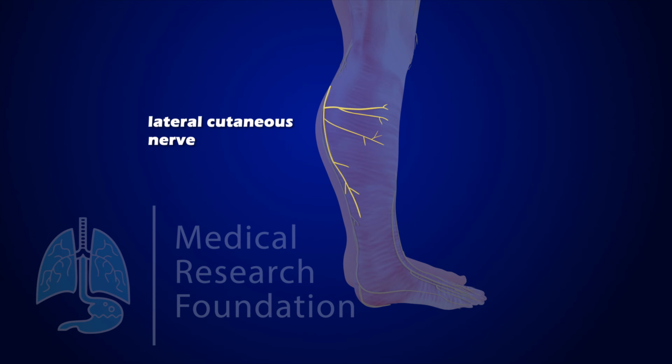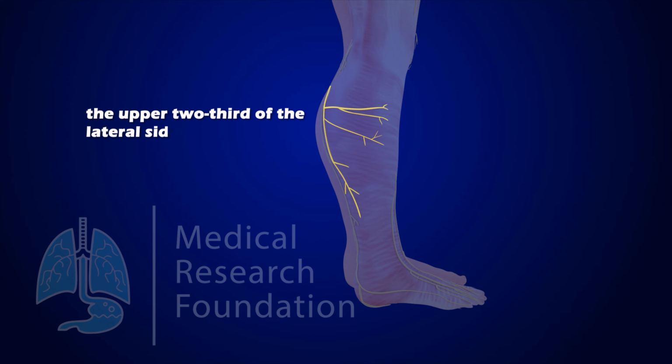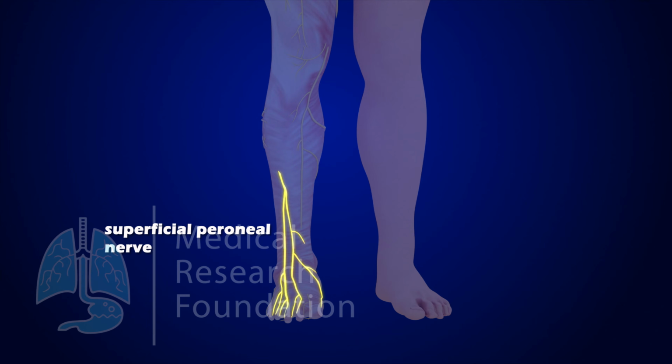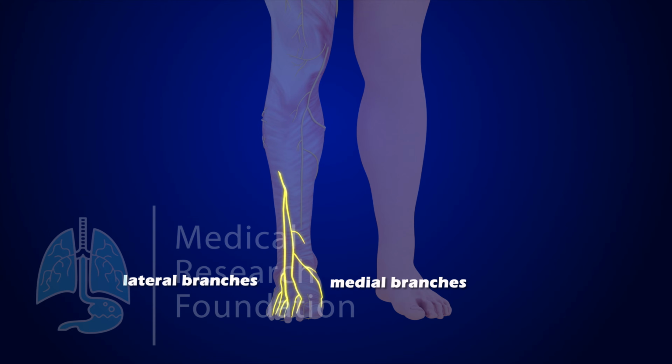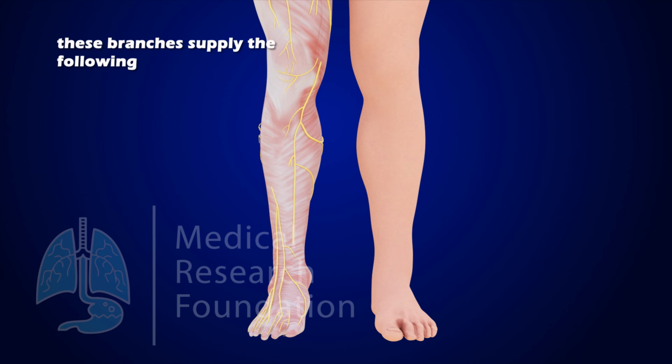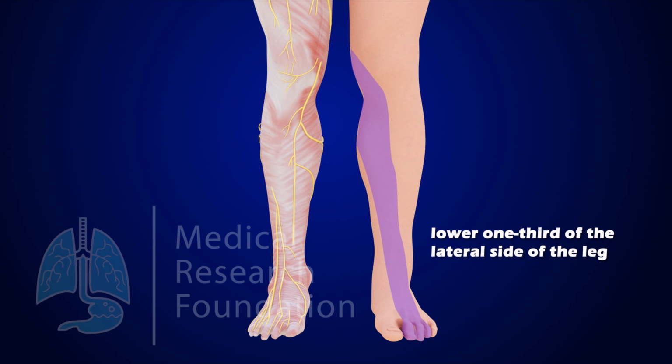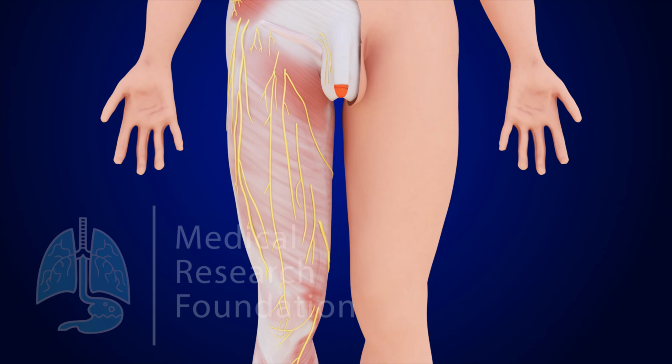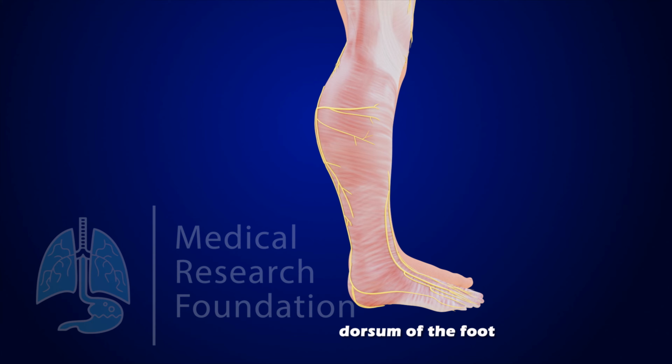The lateral cutaneous nerve of the calf is a branch of the common peroneal nerve. It supplies the skin of the upper 2/3 of the lateral side of the leg. The superficial peroneal nerve is a branch of the common peroneal nerve, and divides into medial and lateral branches. These branches supply the skin over the lower 1/3 of the lateral side of the leg, and the skin over the entire dorsum of the foot, with the exception of the following areas: